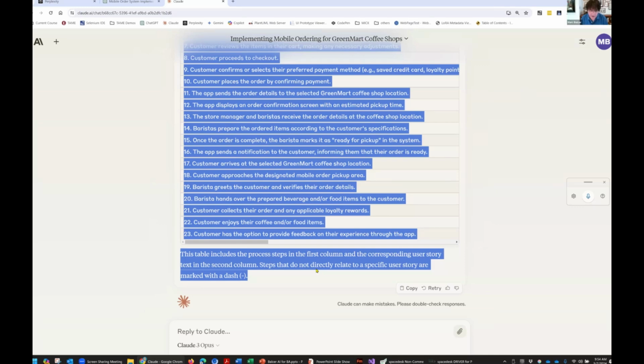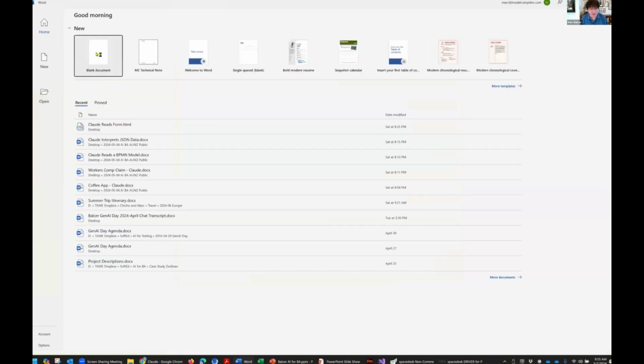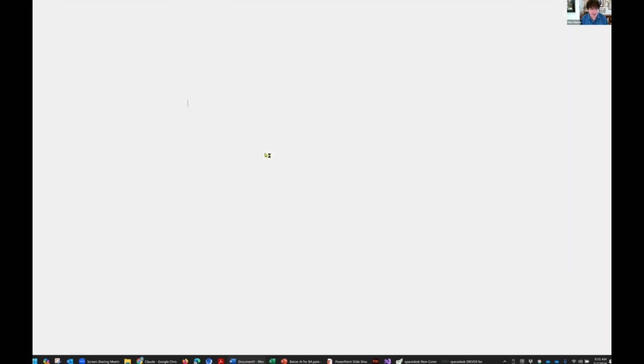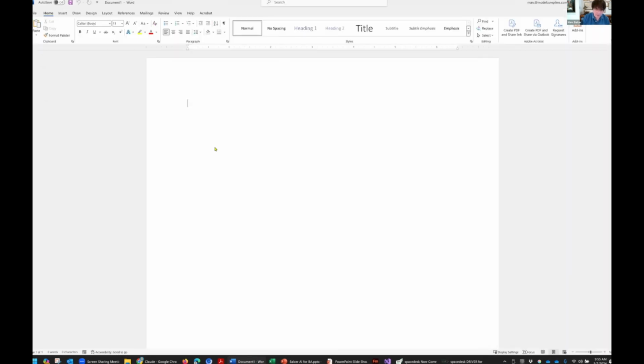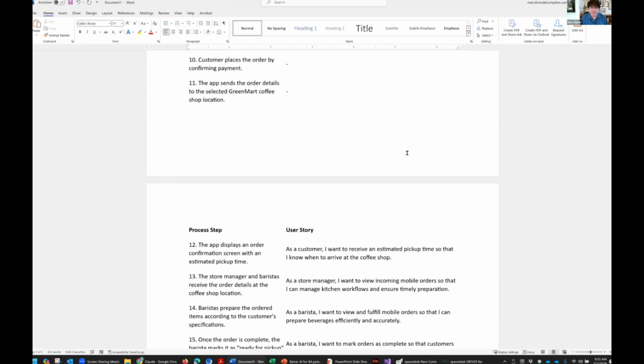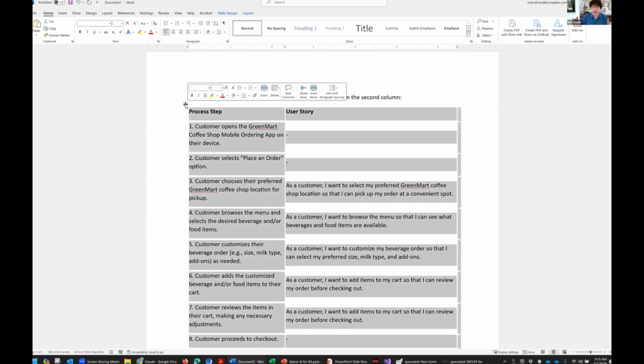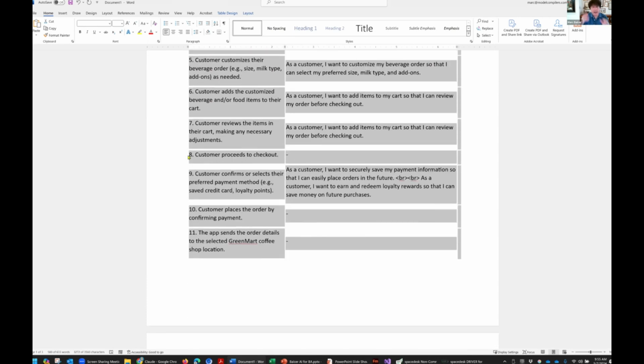Again, one of my favorite things, Control C, go to a Word document. I know a Word document's not the perfect way of doing this, but in the interest of time, go to a Word document. There we go. There's my table. And of course, I can probably then do a little bit of formatting to make the table a little easier to read. But again, I have this correspondence between the various elements.